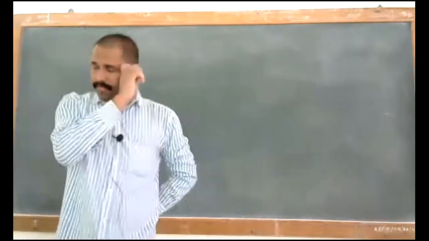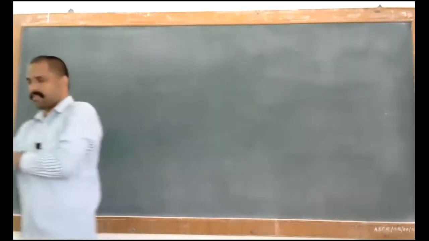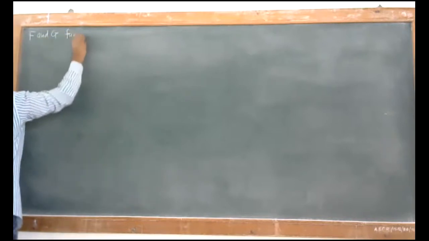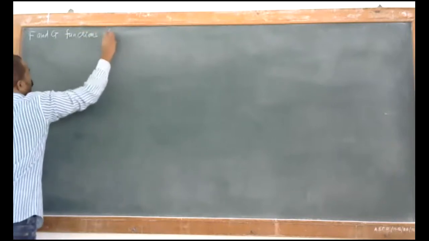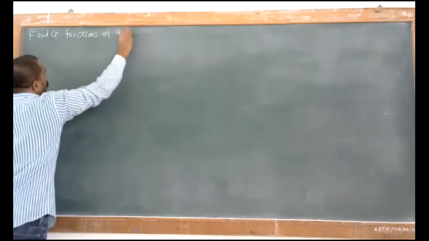So we have this problem. The problem is like this. If f and g are functions of q and p, now they have given the two conditions, that is capital F and capital G are the functions of small q and p, then they have asked us to show that